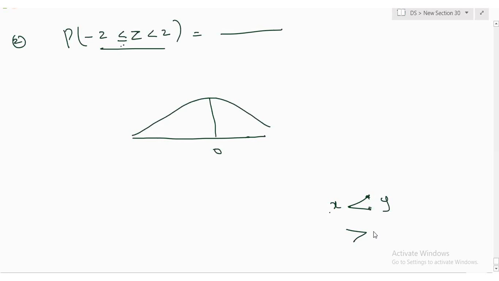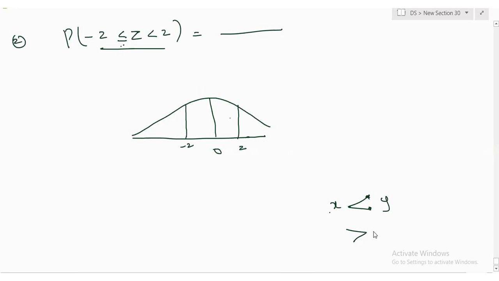Whichever side the mouth is open, that is a greedy fellow, meaning he is the bigger one. Whichever side the mouth is closed, he is not greedy, so that is the smaller one. Clear? Okay. Now I want to know the area between 2 to